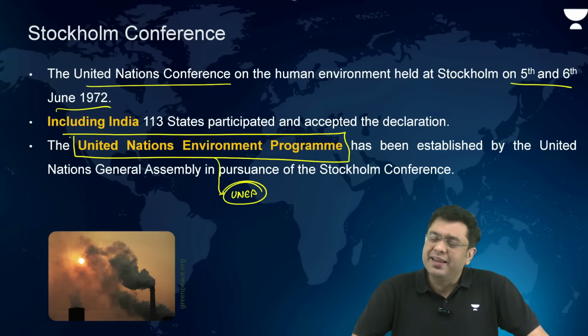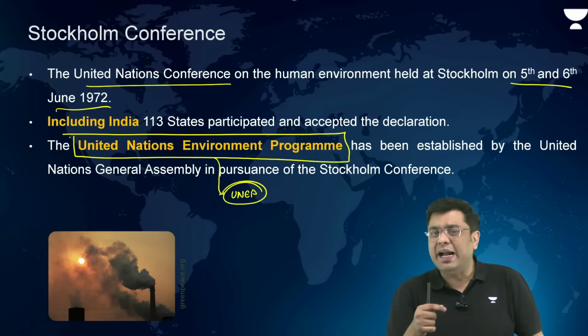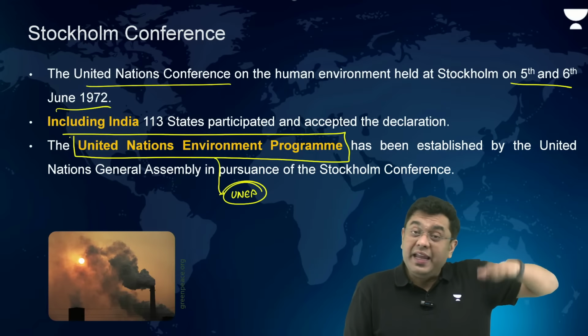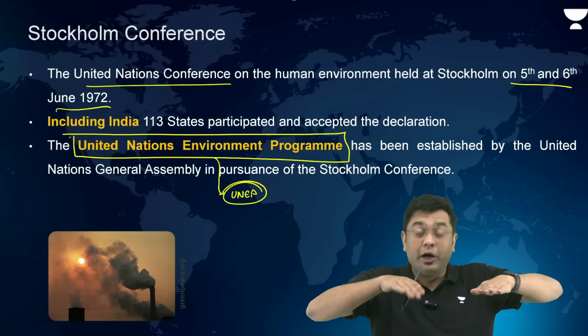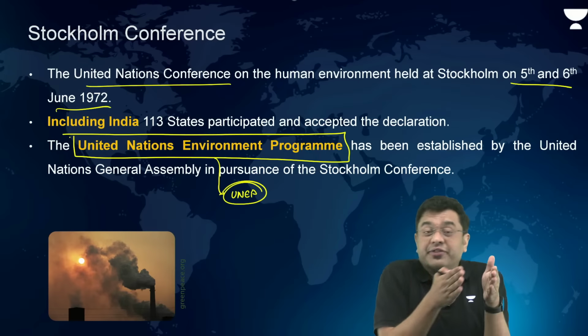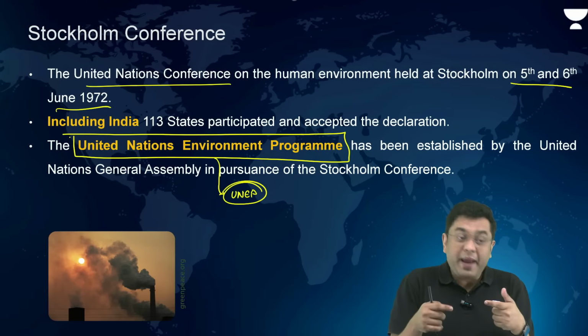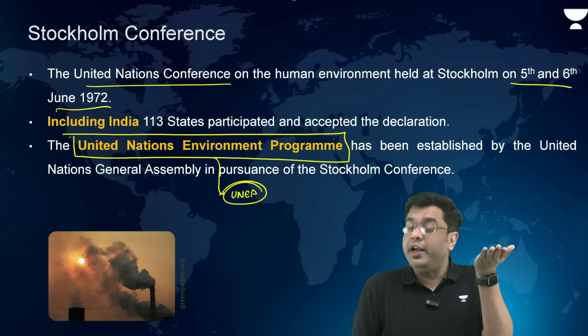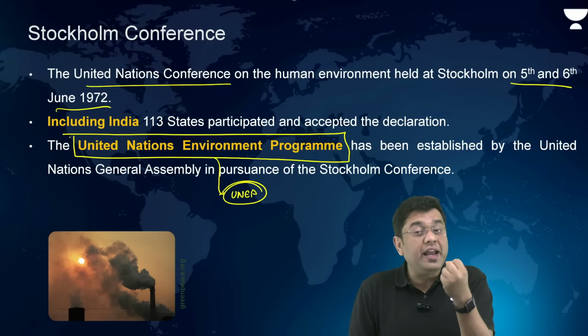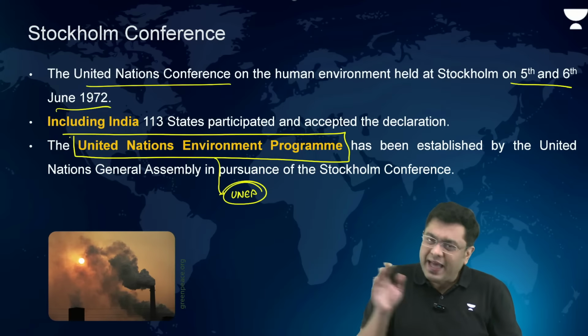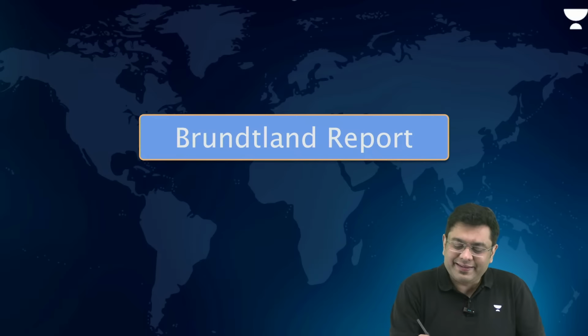Now, having said that, after this, a substantial amount of time passed before the next action was taken. And the next major action was to understand how to balance nature conservation with economic development. Because the era of 70s and 80s was marked with this particular debate that whether the country should focus on GDP growth or whether they should go for environmental conservation. That is when, in 1987, you basically had the Brundtland Report.